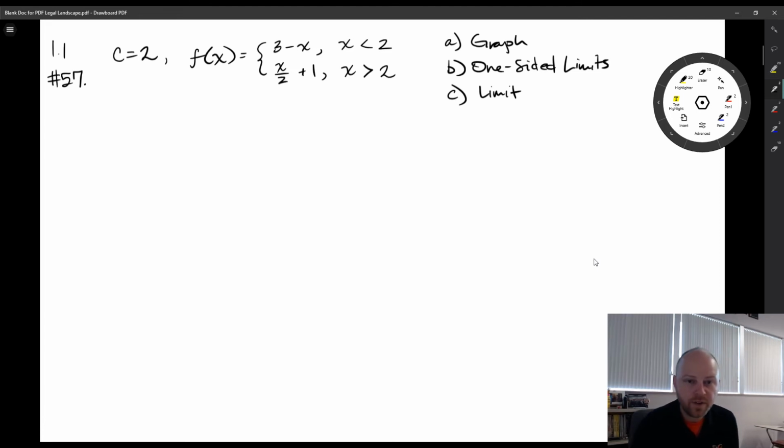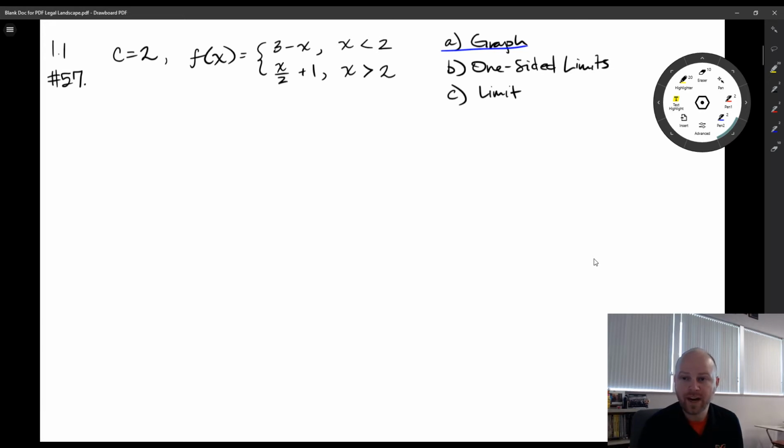Okay, we got a request for number 57 and 1.1. So here it is. We are given a constant value, we're given a piecewise function, and we are asked to do three things: graph the function, find the one-sided limits, and then determine whether the two-sided limit as x approaches that constant value exists. So let's take a look first at the graph of the function, which would be part